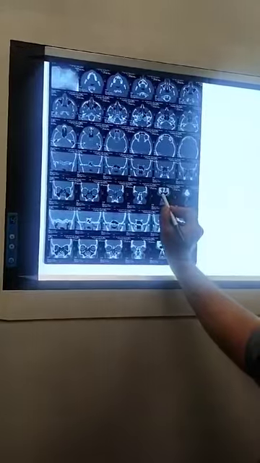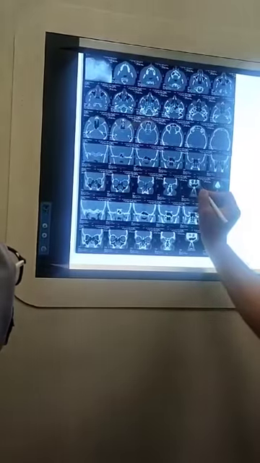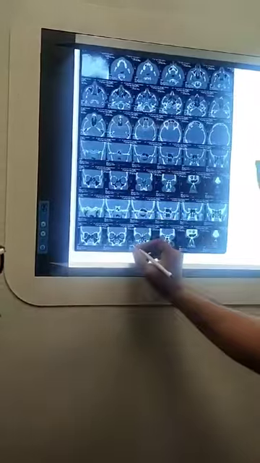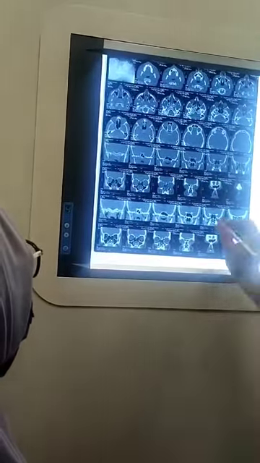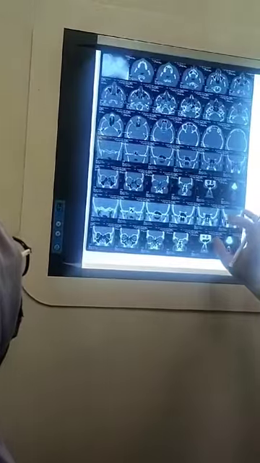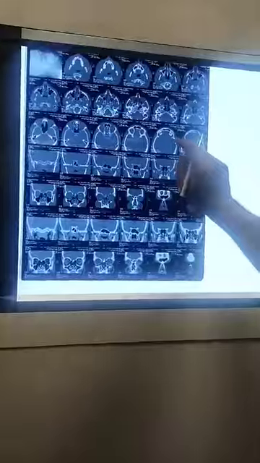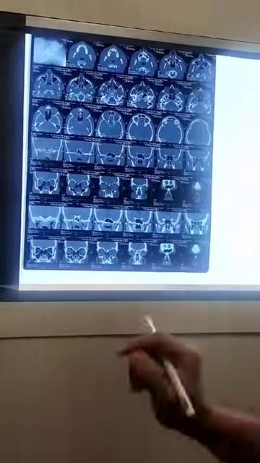Look at this. Can you see here? This is the bone marrow, right? Here you can see bone marrow, but here you can't see. So in the last 2 films, you can't see the bone marrow. So these are the soft tissue windows. Okay? And these are the bony windows, and this is most likely bony, right?